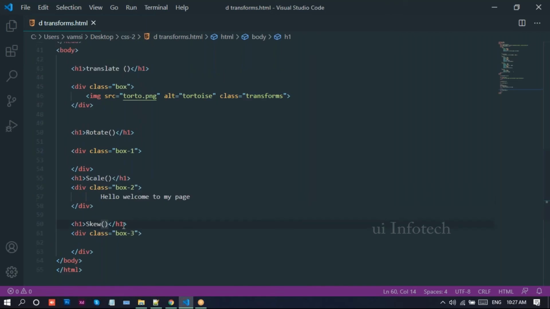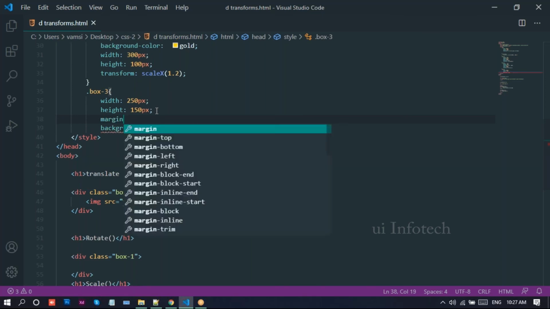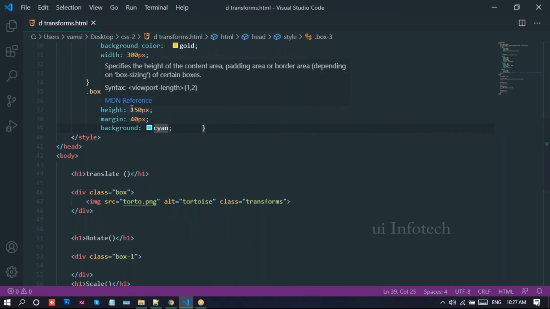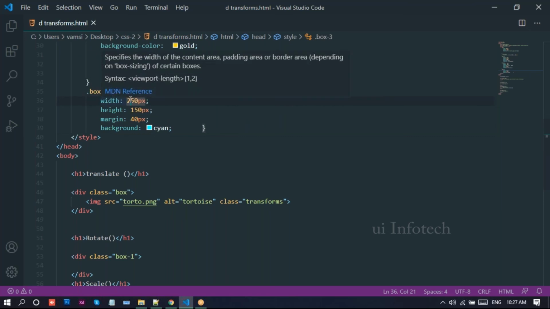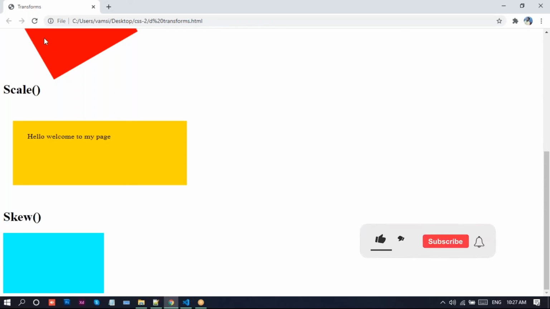Place the div, we can apply the transform there. I'll apply margin 40 pixels, and I'll increase the width there. I'll increase the width to 350. And go to this one, reload this page.